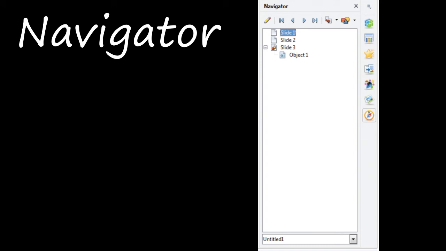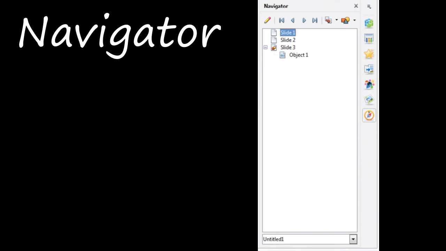This provides another convenient way to move around a document and find items in it. The Navigator button is located on the standard toolbar. You can also display the Navigator by going to Edit and then Navigator, or the shortcut for it is to press Control, Shift and F5 at the same time on the keyboard.